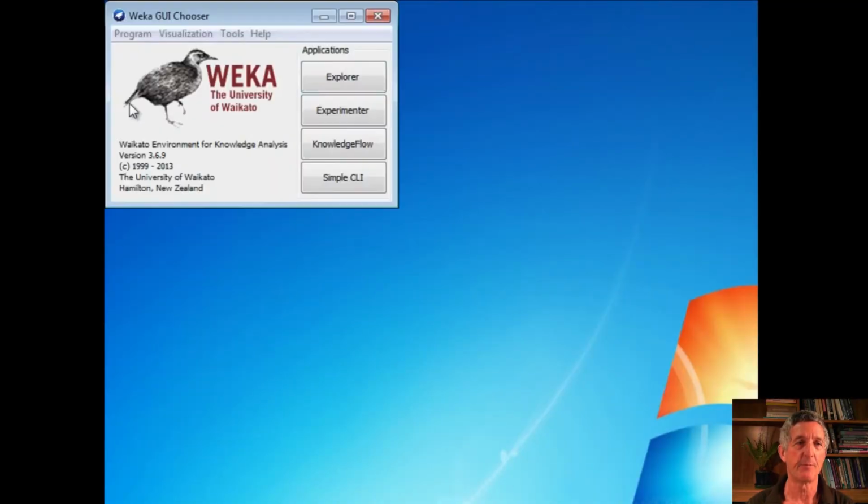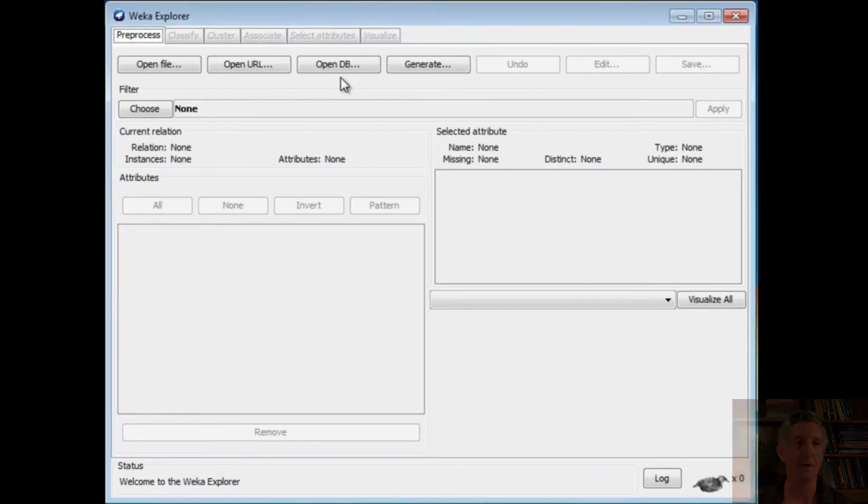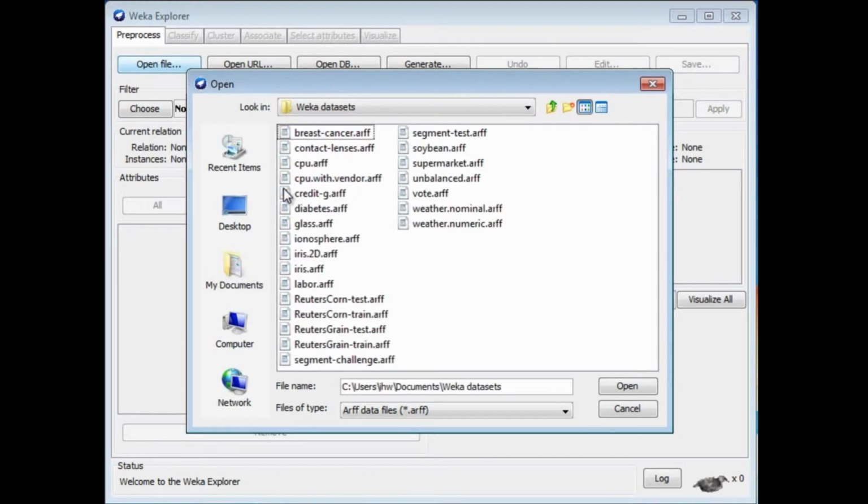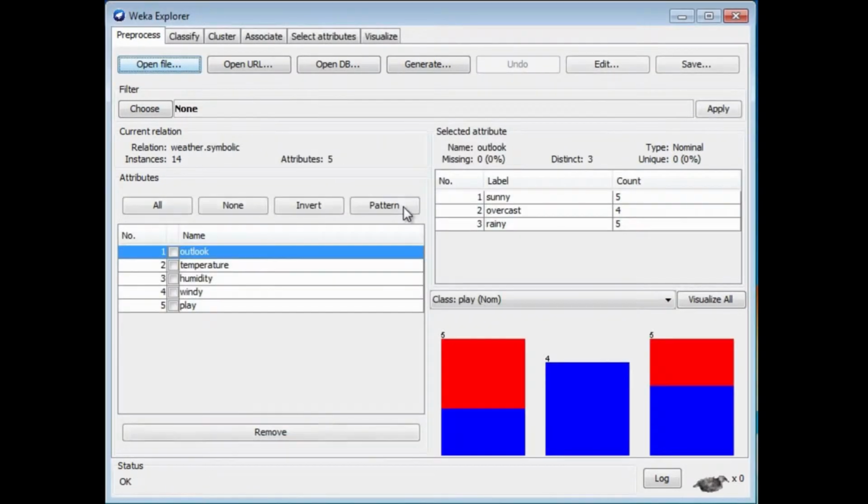Let's open up Weka. It's here on my desktop, and I'm going to go into the Explorer. We always use the Explorer. I'm going to open the file, and I put the data sets in my documents folder so I can see them here. I'll just open the Weka data sets and the nominal weather data. So there's the weather data in Weka,